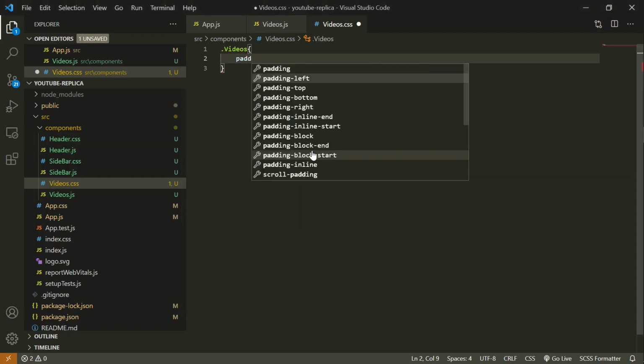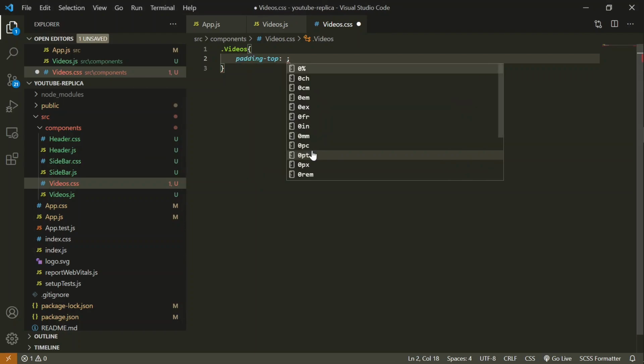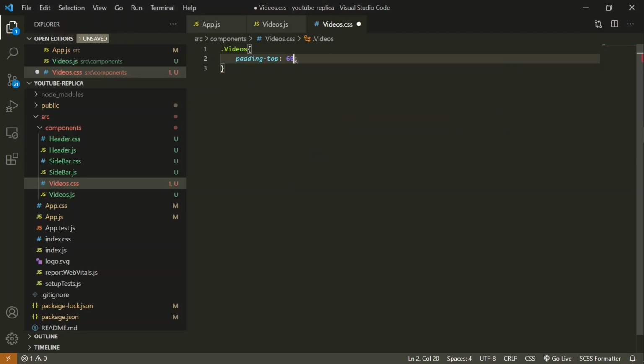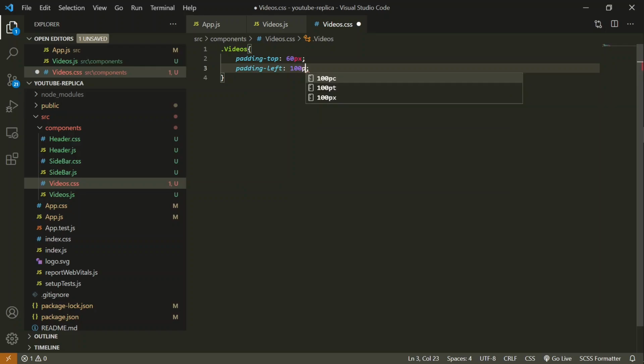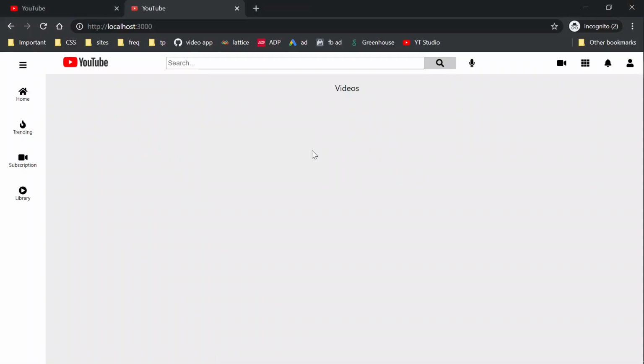So padding top will be, let's say, 60 pixels, and padding left will be, let's say, 100 pixels. In that case you will be able to see these videos in the center.